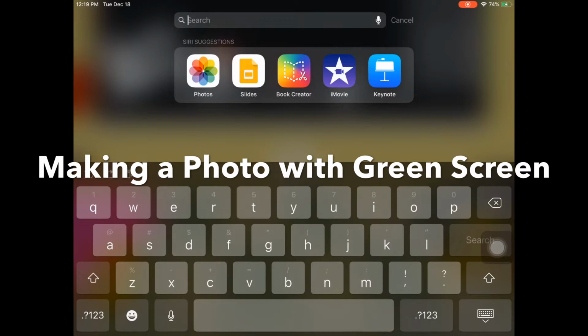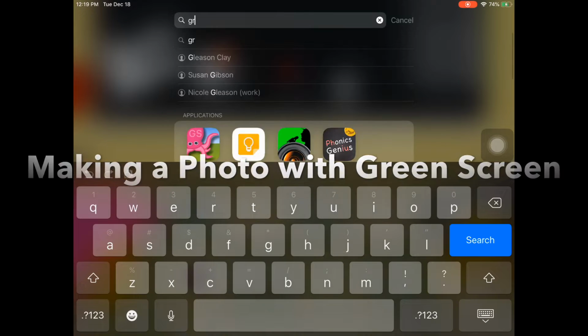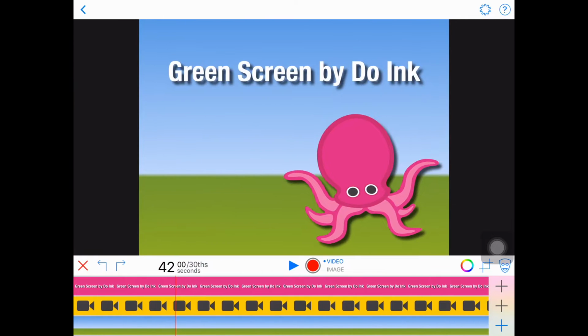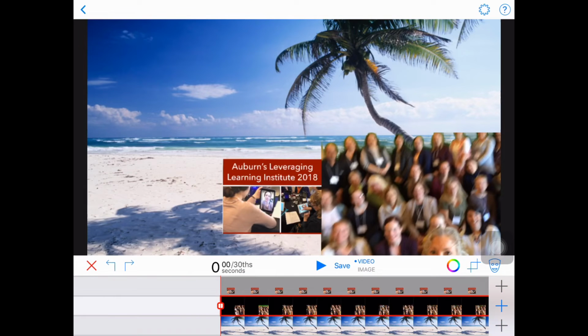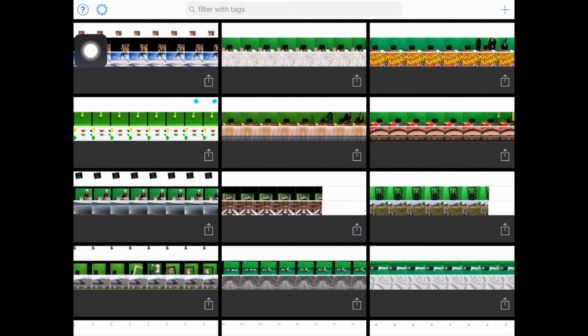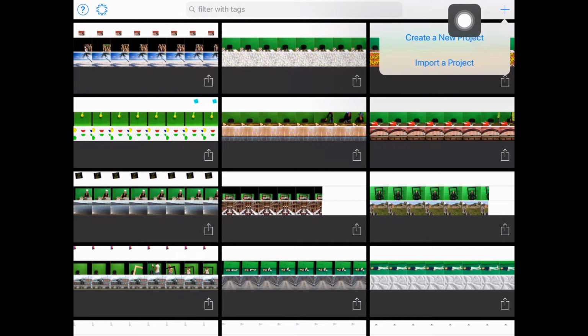Hello, in this video I'm going to show you how to make a photo with green screen. So first you want to go to the green screen app, and then if you are in a project, back out. Then you're going to click the plus button, create new project,